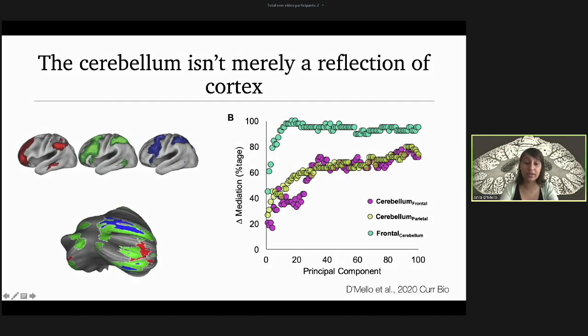You can also take principal components from the cerebellum and regress them out of the prefrontal cortex, and look at what happens to well-established subregion interactions in the prefrontal cortex. And what happens is quite interesting. It actually takes much fewer principal components regressed out before you start seeing that these interactions in the prefrontal cortex